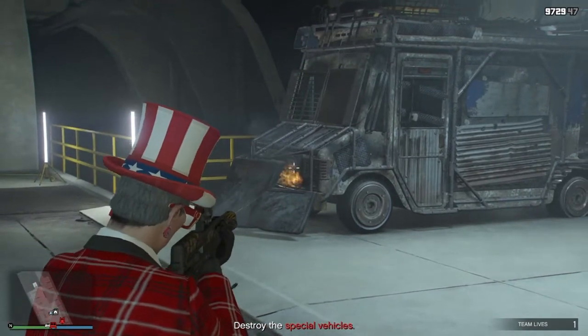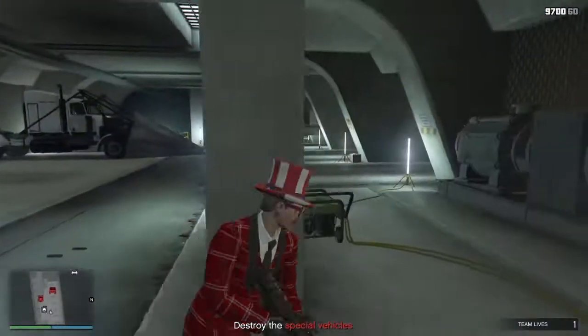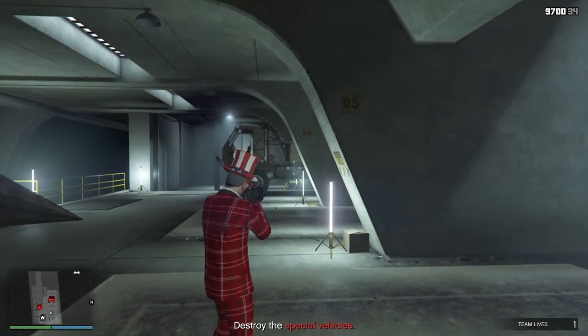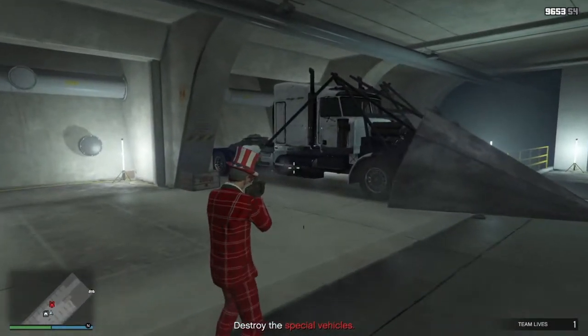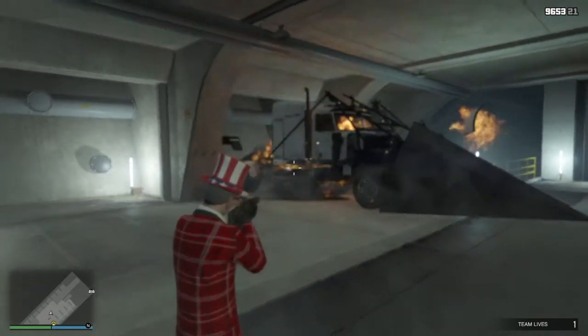If anyone knows the vehicle weak spot to the Armored Boxville, if there is one, I would be very interested to know, of course. But yeah, that's the one you'll probably have to shoot in front of the vehicle, like most people probably would do, of course. And obviously you can use explosives, RPGs and stuff like that, but